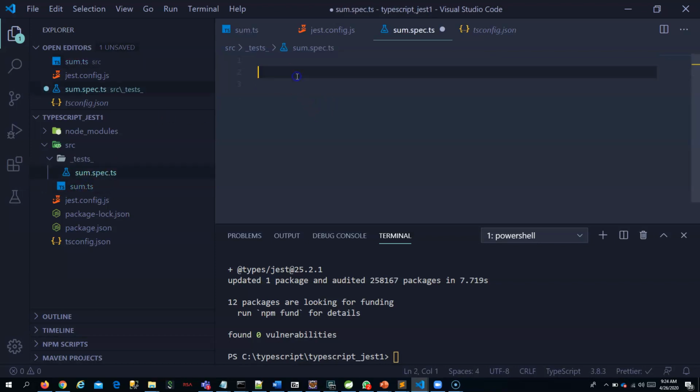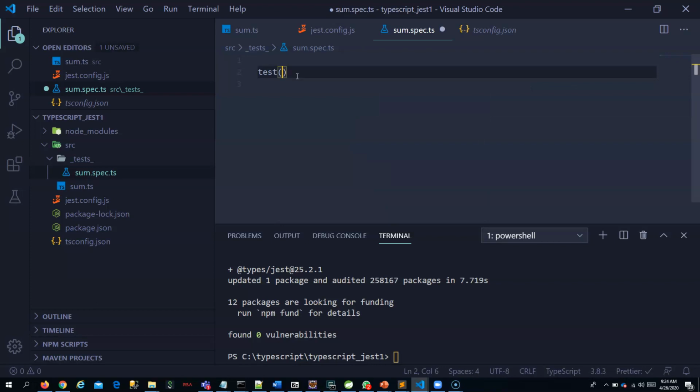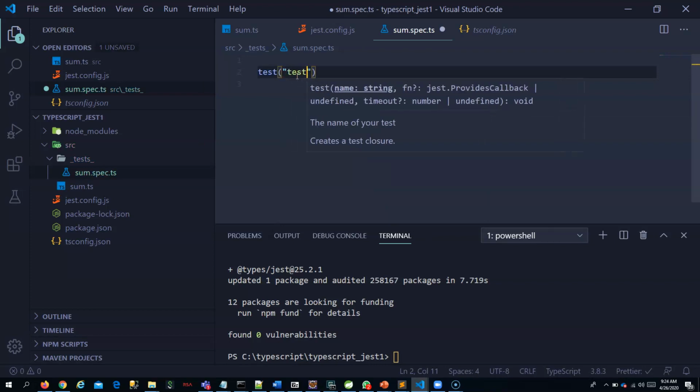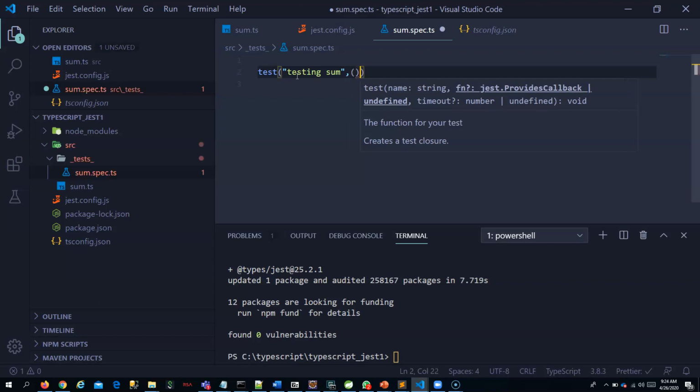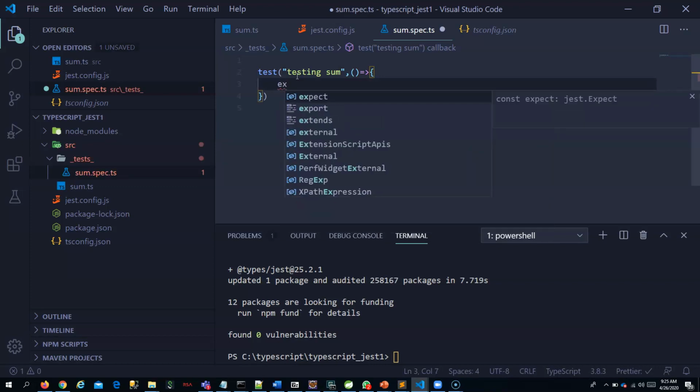So what I can do is just write test, here testing sum. Test belongs to Jest. Then you have to expect, you can use expect, which is from Jest.